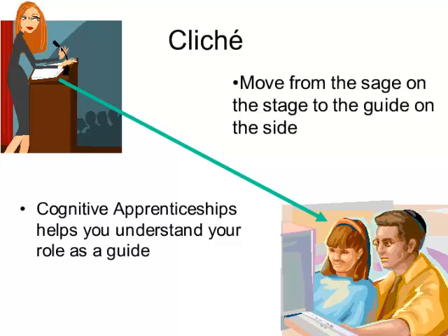The guide on the side is a very active participant in the learning process. You don't sit at your desk and grade papers. You're engaged in the learning process much more actively. But the student becomes the center. Okay, so this is really a theory for helping us. Most of us have experienced a very teacher-centric model of learning, and this theory really helps us to get a grip on what it means to move to the guide on the side. What is it that I have to do as that guide?